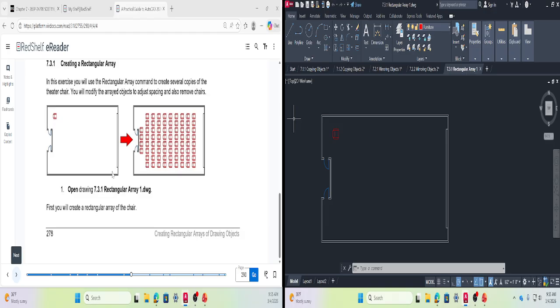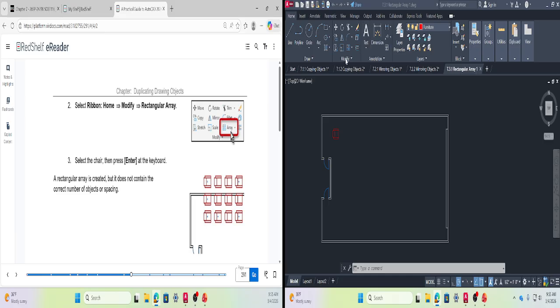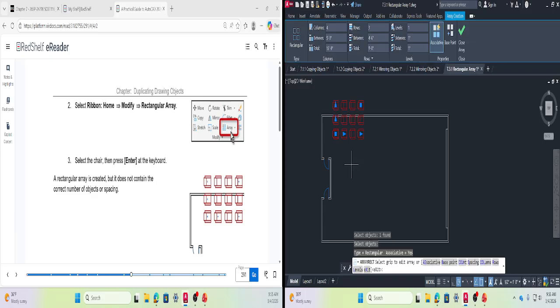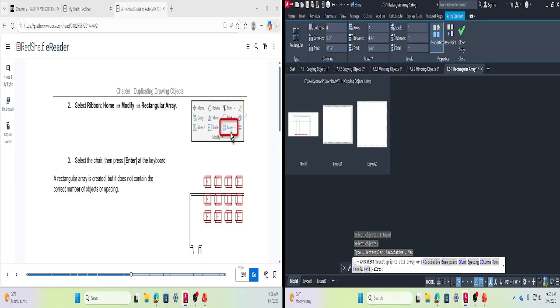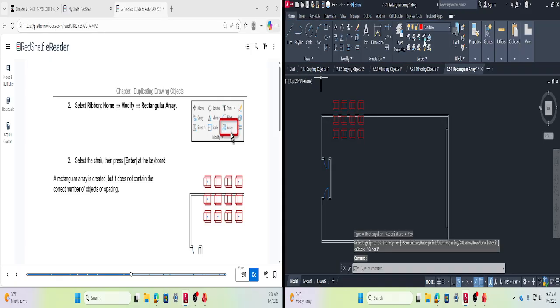Okay, so the way you can do it, obviously we're going to create the rectangular array, which is clearly shown here. You're going to choose this rectangular array. Okay, and then it says select the objects that you'd like to create the array. So obviously you select that one and press enter, and then immediately this tab shows up. It says array creation, or associative array. On this associative array, you have to define how many of the